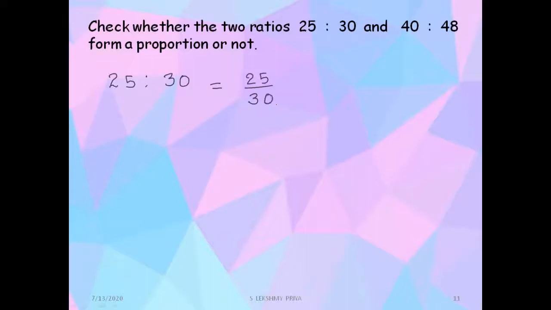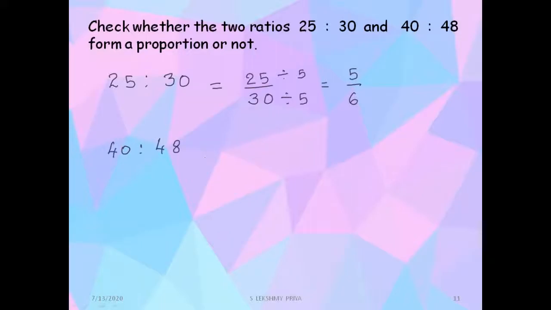25/30. Is there any common factor between numerator and denominator? Yes, correct. It is 5. So let's divide both the numerator and the denominator using 5. It will be 5/6. Let's consider the next ratio